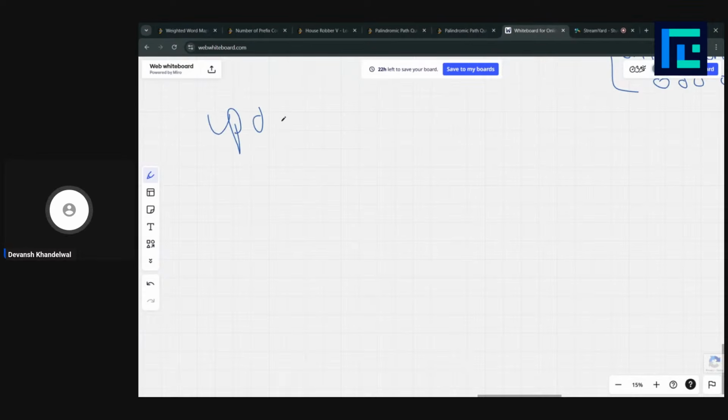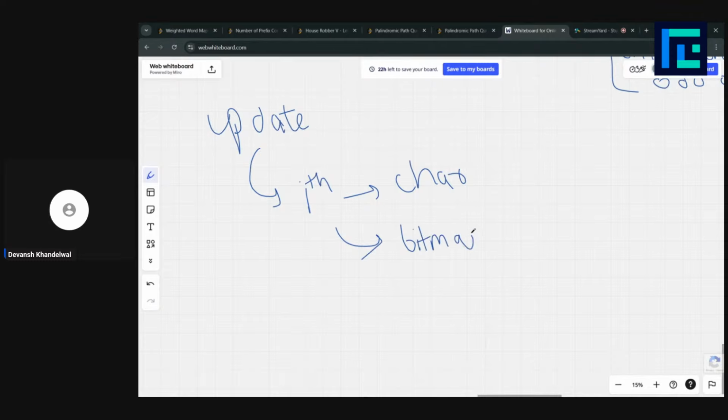And if you use this concept, the update query, what it does is it updates the character of the ith node, right? So instead of updating the character of the ith node, we would be updating the number of the ith node, or the value of the ith node, or the bit mask that corresponds to the character, right?